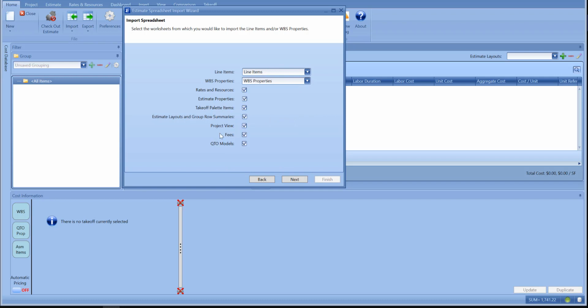Note that there are some features that don't come in properly, like the project view. That information doesn't come in properly if it was already hooked up and mapped from one estimate to another. So there are some limitations with the import, but I just want to get the line items and resources and everything